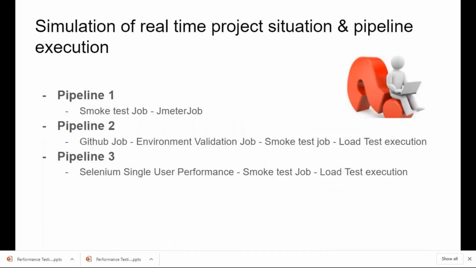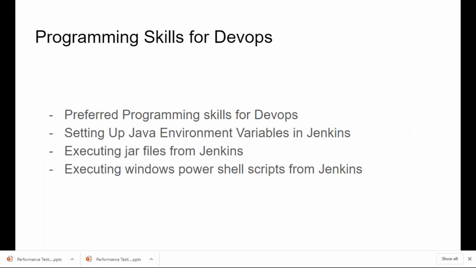And then we'll also look into a couple of real-time project situations where pipelines will be created. What are the various common pipelines we will create as part of performance testing? The need for that, and how we are going to create the pipelines. How it is going to look, and how the individual jobs are going to communicate with each other. Those real-time project situations we will discuss, and we'll also have a few pipelines shown as part of the practical sessions. And then finally we'll end with a few discussions on how you are going to expand further.